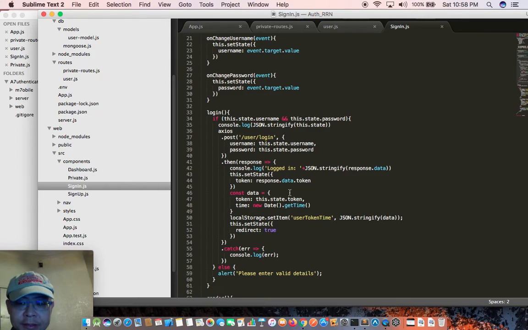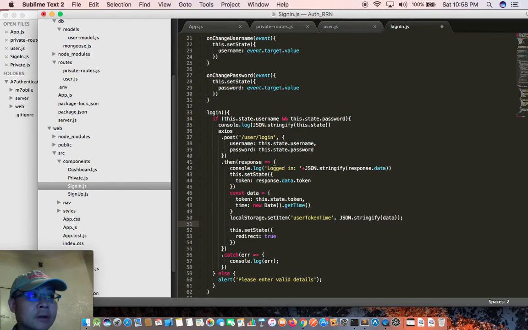So this block is the code where we successfully signed in, and after we successfully get the data, we need to